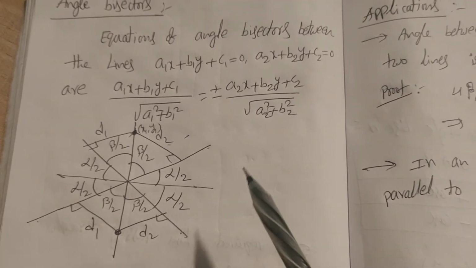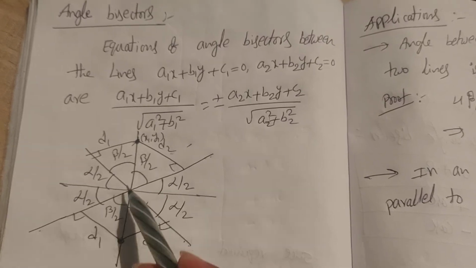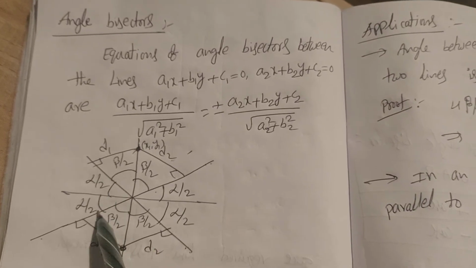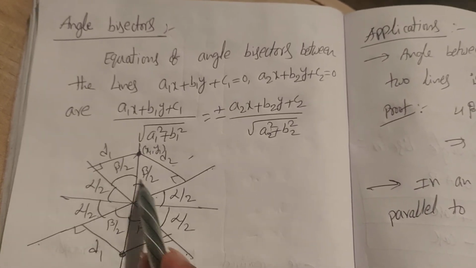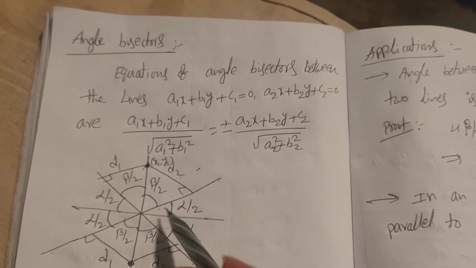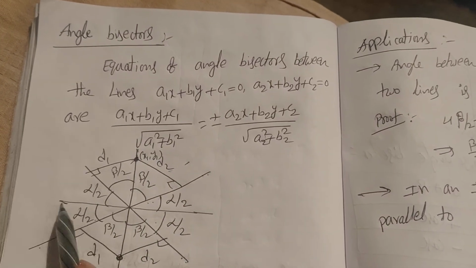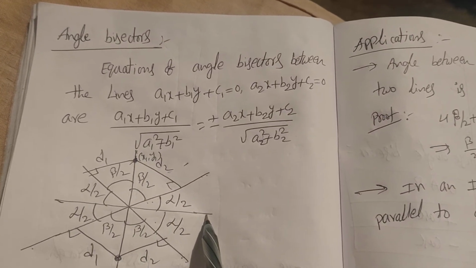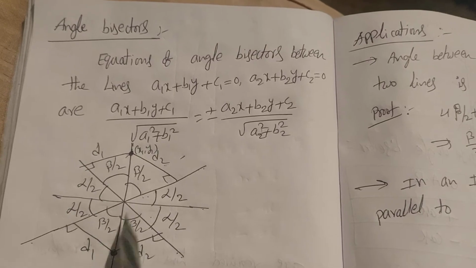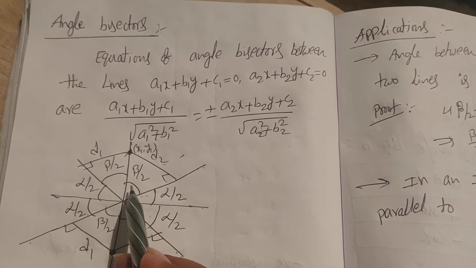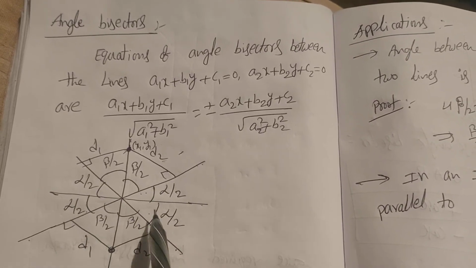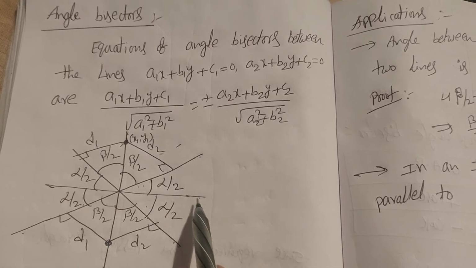Okay, so let us consider. This is one angle and this is one more angle. If this angle is alpha, then the total opposite angle is also alpha, vertical opposite angles. If it is beta, then the opposite will also be beta. So if you draw the two angular bisectors, one is like this, another one is like this. Angular bisectors means which divide the angle into two equal parts. If the total angle is beta, then it will be beta by 2, also beta by 2. If the total angle is alpha, it will be alpha by 2, also alpha by 2. This is one more angular bisector.